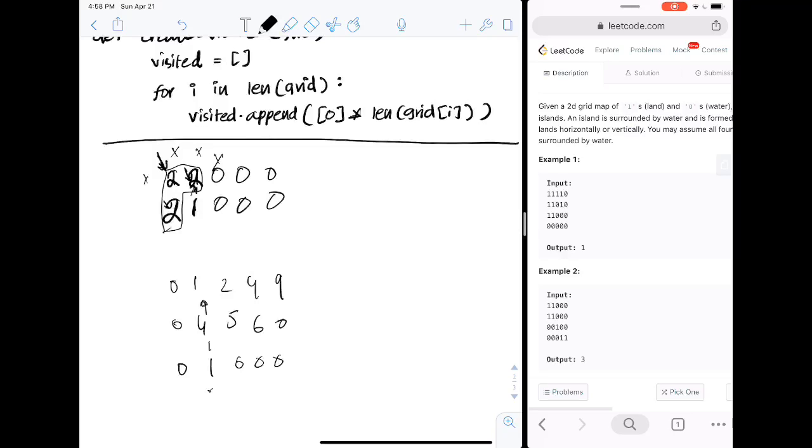Then I had another problem where the tiles in the grid signified different heights of a street, and if I was on a luge and I wanted to go down the street, what are the tiles that I could go to, which is again only tiles that are shorter than me. So sort of like that. The underlying idea for all of these is the same, which is some sort of graph traversal, but people ask these with different twists on them. So I highly recommend knowing how to solve these 2D grid